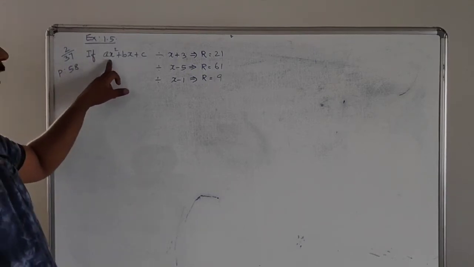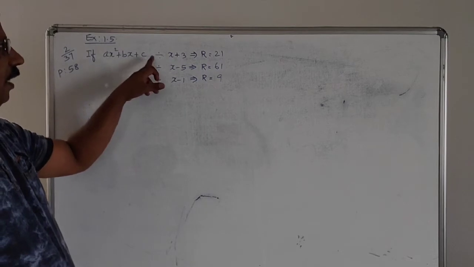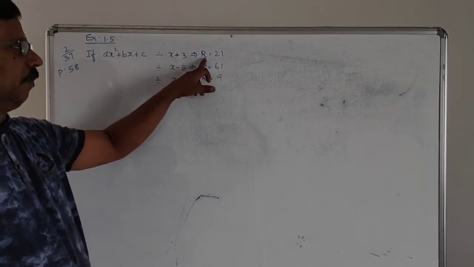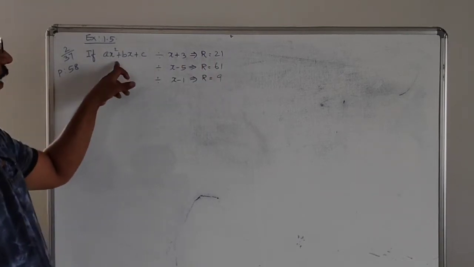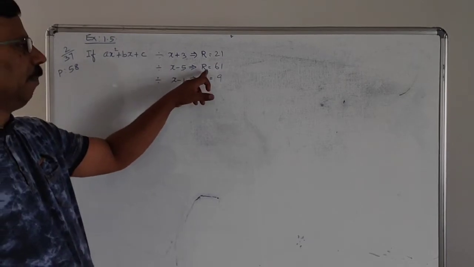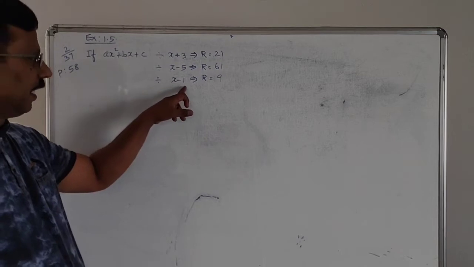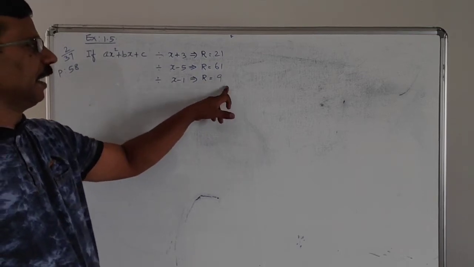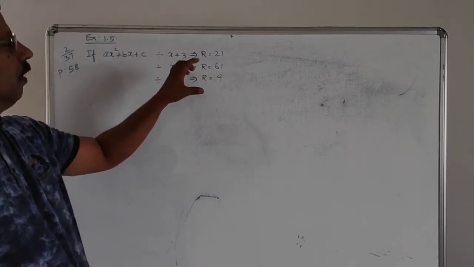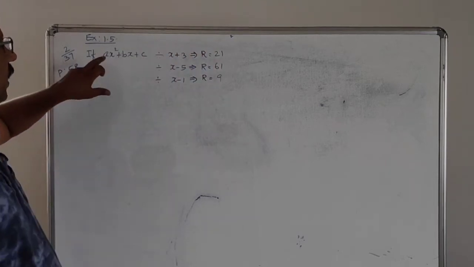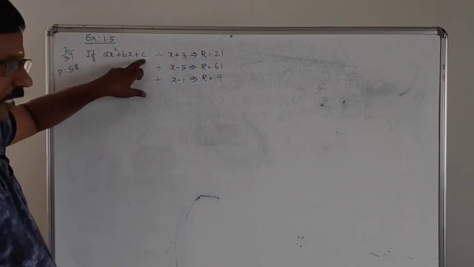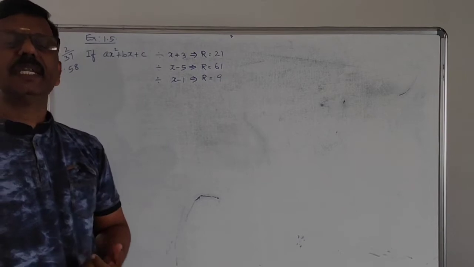If ax square plus bx plus c is divided by x plus 3, the remainder is 21. And if it is divided by x minus 5, the remainder is 61. And the same thing is divided by x minus 1, then the remainder is 9. This information is given. From this information, you have to find the values of a, b, c by Gaussian elimination